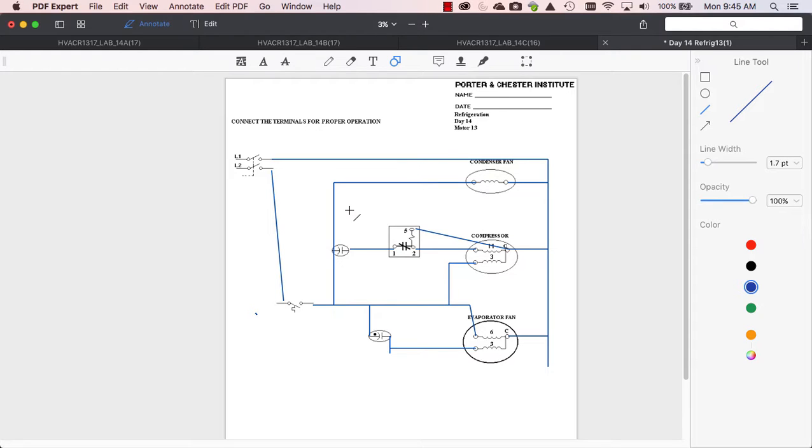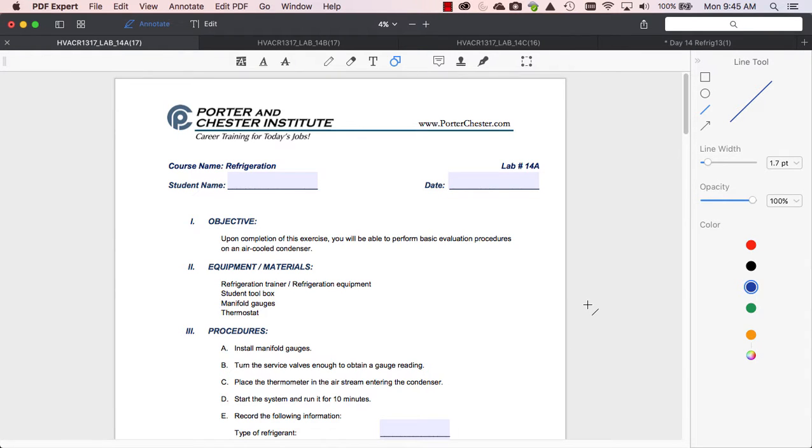Okay, so that's this diagram here. Okay, pretty direct, straightforward. So let's take a look at lab 14A just to go through what it's looking for. Okay, lab 14A is just, we did this again the other day, but this is a basic evaluation procedure for